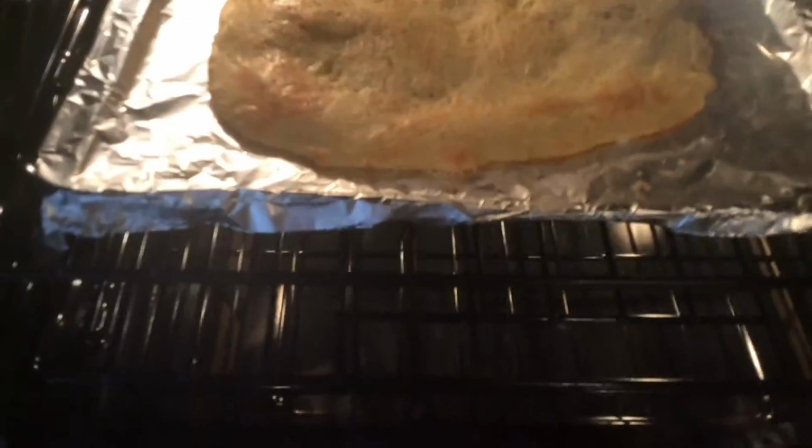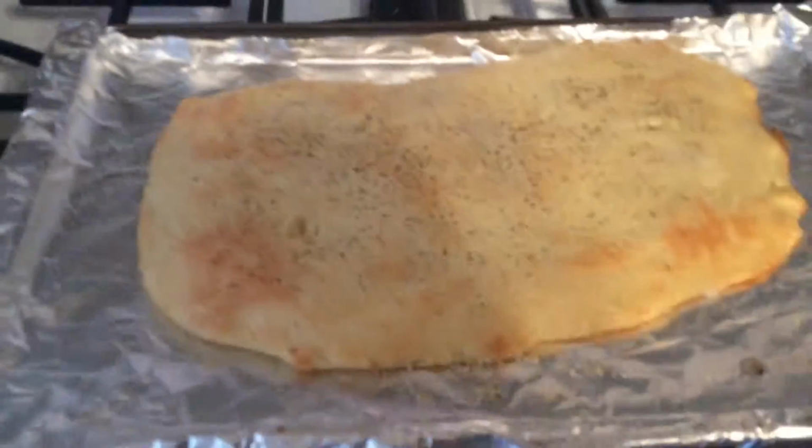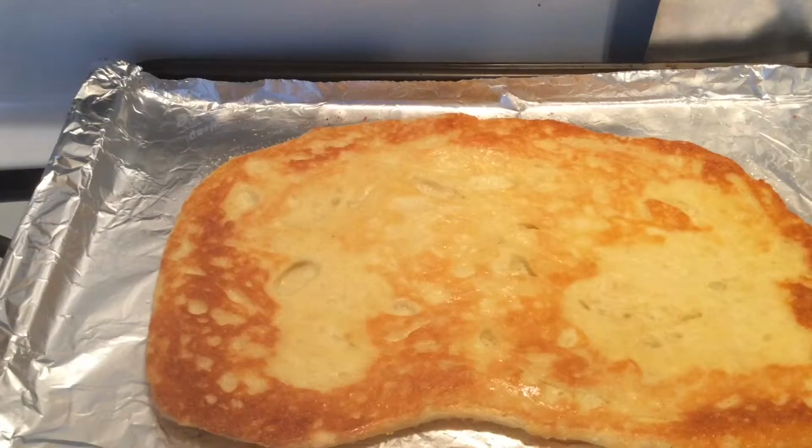Okay, at this point, we're going to take out our dough, as you see. It's starting to rise a little bit, starting to crisp up nicely. We're going to let this cool for about a minute or two, then we're going to flip it and add our...